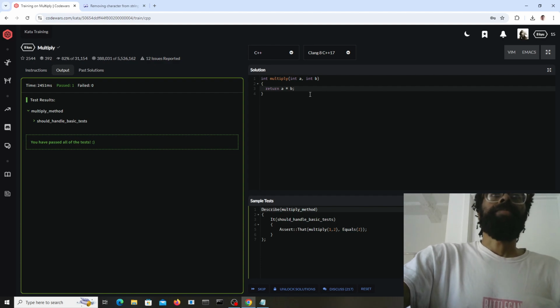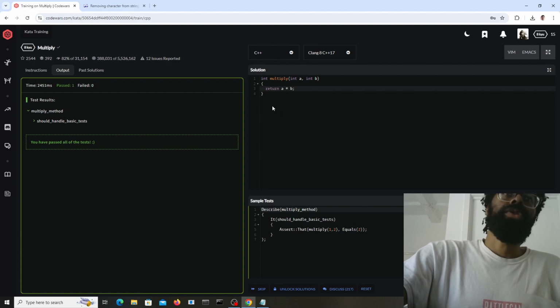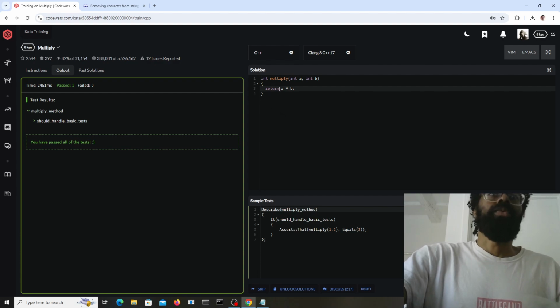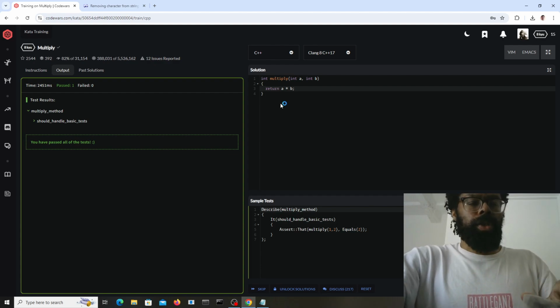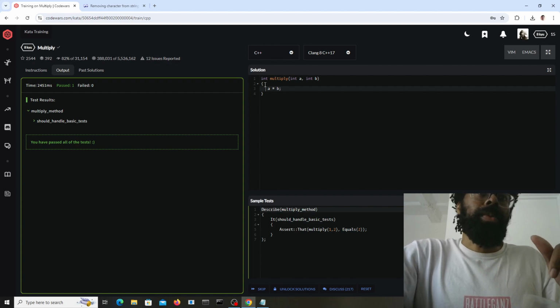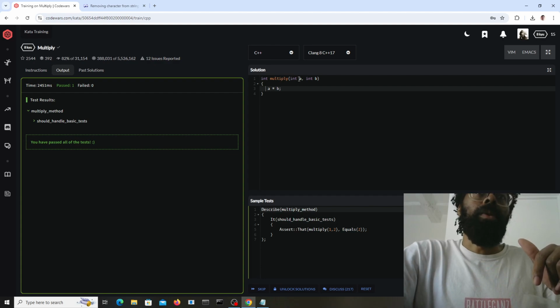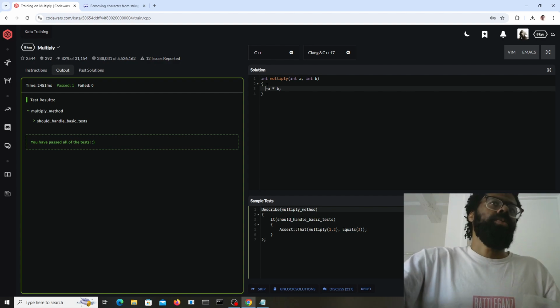So basically, I went to the practice section, and they had this really easy tutorial. They said, okay, we got this function that says multiply. We want to multiply int a and int b, and all I had to do for this one, because like